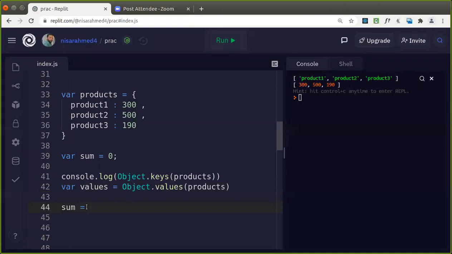So you can use a function and just find the sum. You can repeat using a for loop, or you can use the function reduce. Reduce will reduce it to a single value, isn't it? So you can take values dot reduce, a comma b.